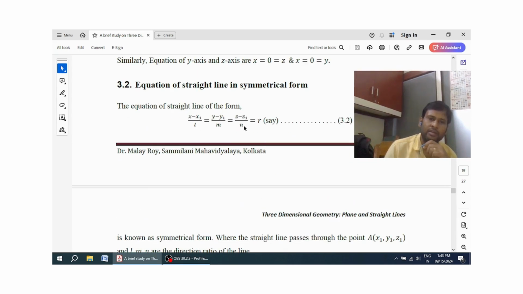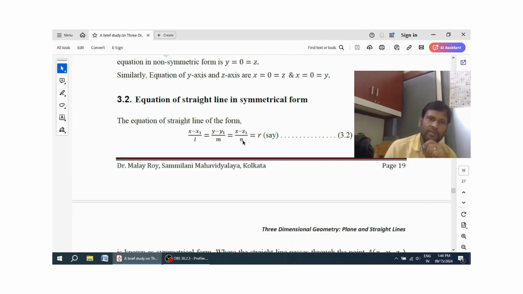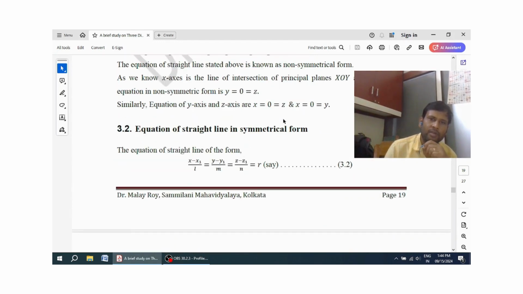Here l, m, n are the direction cosines or direction ratios of the line, passing through x1, y1, z1. This is the symmetric form of the line. You see here also that any axis is a line, and this axis is represented by two planes, that is